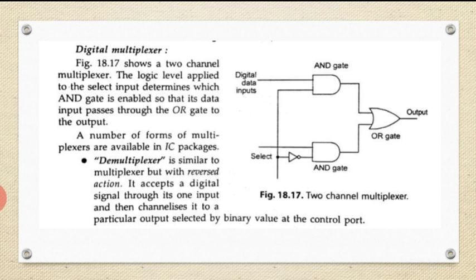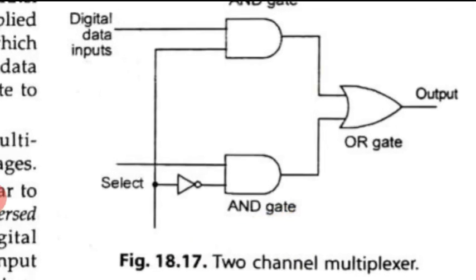Here the explanation of how it works is not given. You can just analyze the digital data input. If the digital data becomes 1, it is very difficult to explain here. Anyhow, for both AND gates, upper and lower, I will say upper and lower so that you can understand. A1 and A2 we can say upper or lower.